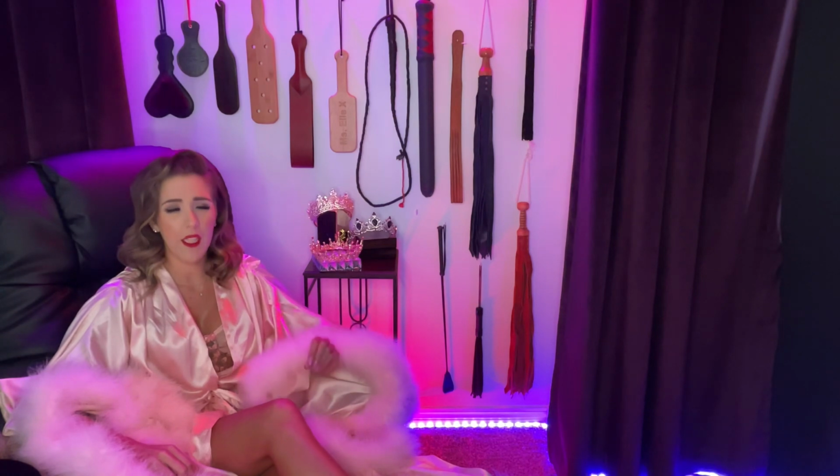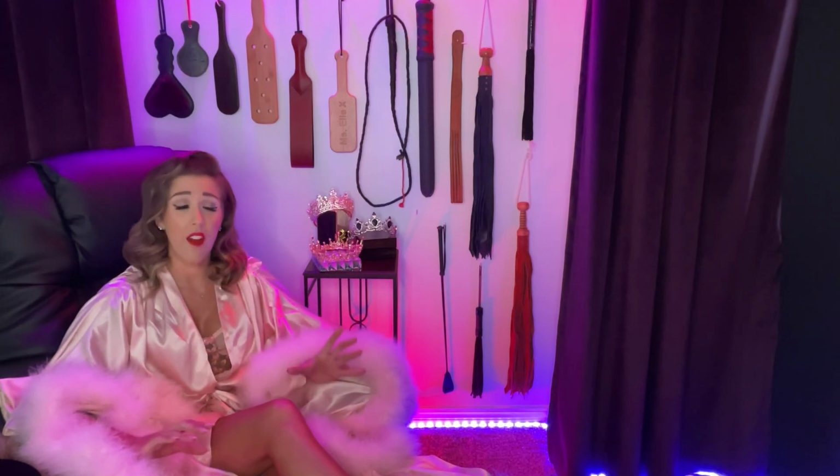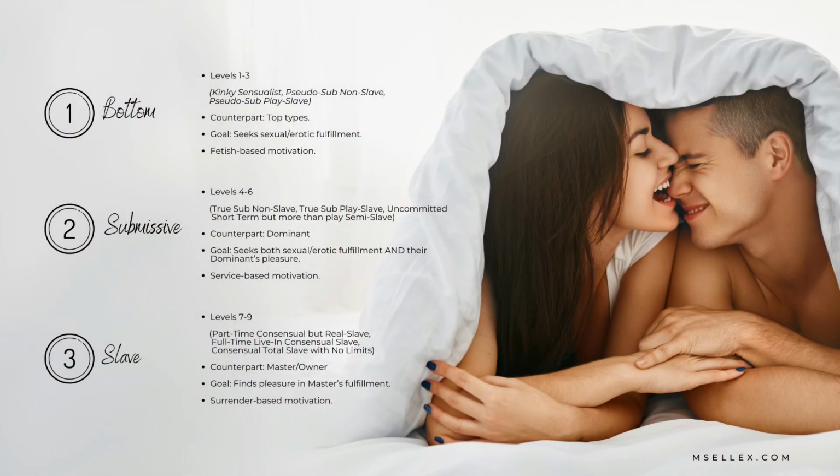If you haven't already watched last Sunday's video, I highly recommend you do so, because you will be slightly lost if you try to jump in today without that foundation. And that foundation was the 3 main categories of subtypes: bottom, submissive, and slave. And you can see the primary differences up here on the screen. Again, to watch how we were able to define these 3 categories, check out last week's video, the 9 levels of submission. But right now we're actually going to table that as we jump into the first part of my